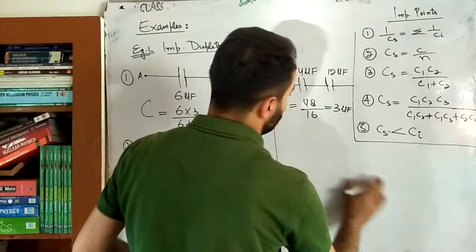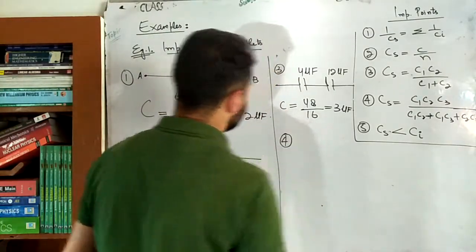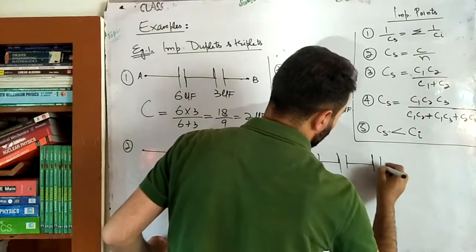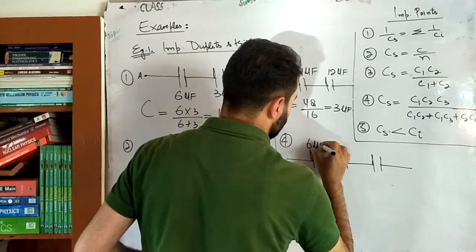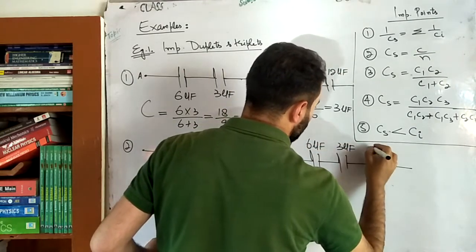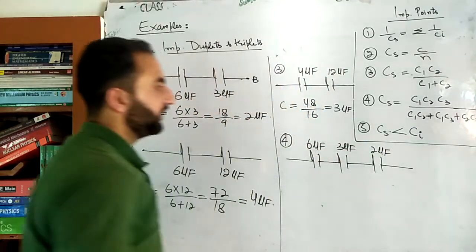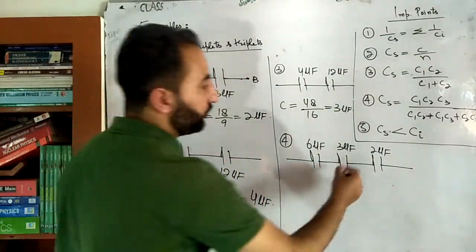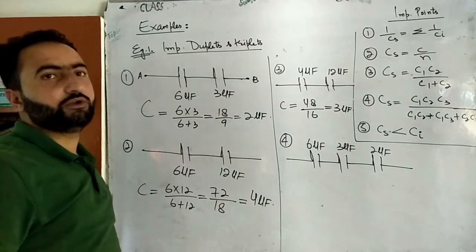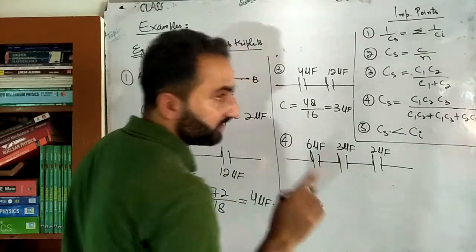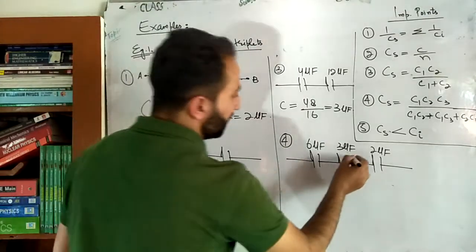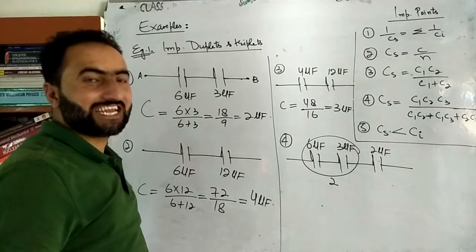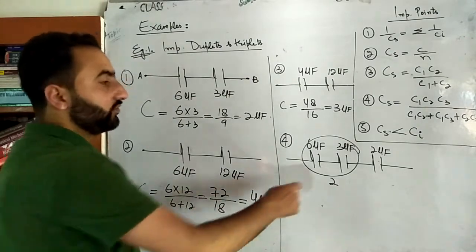Okay, beta? Now suppose example number 4 is like this. Here we have, suppose, 6 microfarad, and one more, 6 microfarad. This here is 3 microfarad and this is 2 microfarad, and the question is to calculate the equivalent capacitance. First of all, 6 and 3 in series is 2, and 2 and 2 is 1 in series. First of all, 6 and 3, what is that? That's equal to 2. So what will be the capacitance of these two? 2. And what is the capacitance of this one? 2. When they are identical capacitances, it will be C divided by N, that's equal to 2 divided by 2.